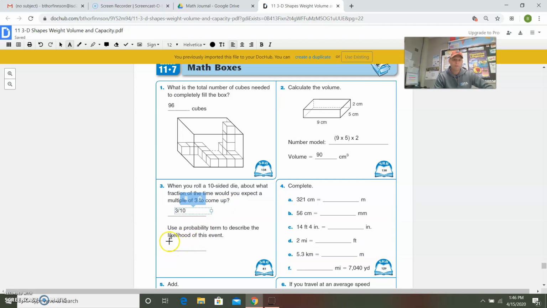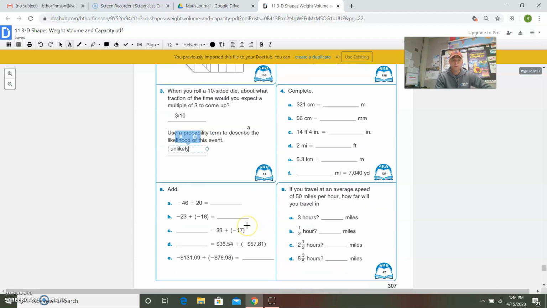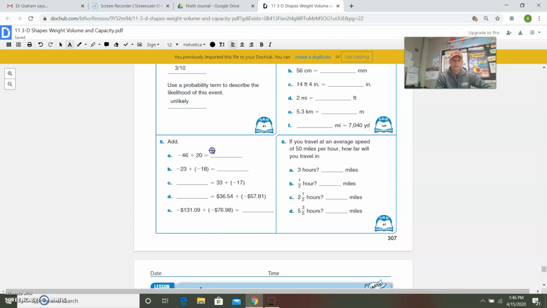And then what probability term would best describe the likelihood of landing on that? I would say unlikely that you would come up with a multiple of 3. Again, this box we did not do. Okay, down here,